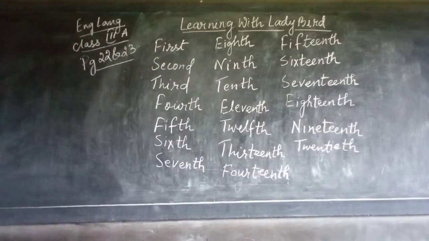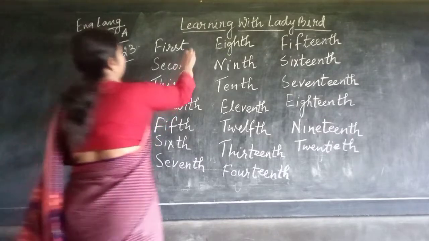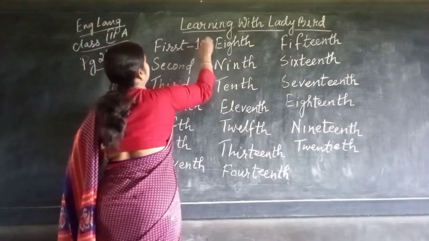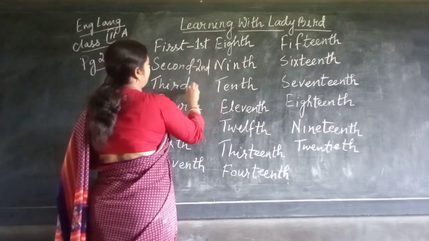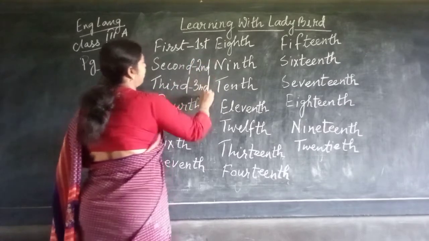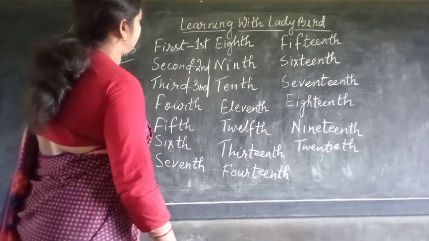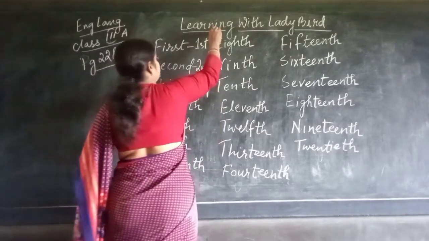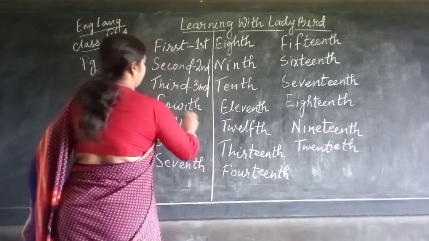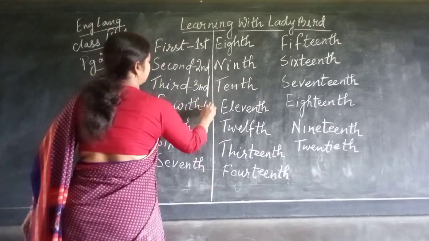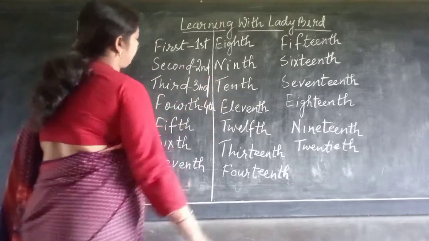First one you see, first. We can even write the number also, no problem. First, second, third. Let us write down first in this way. This is second. This is third. I hope you can understand. Let's just put a line, it will be easy. Third, fourth.